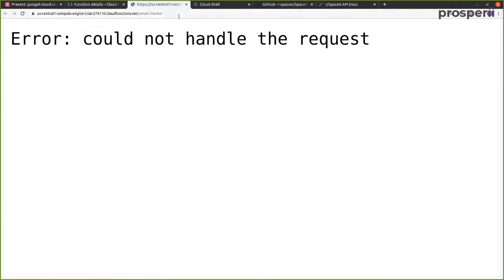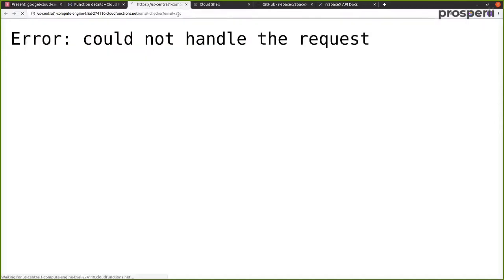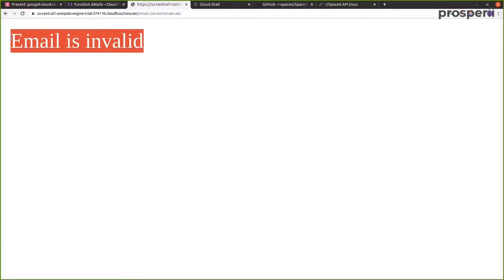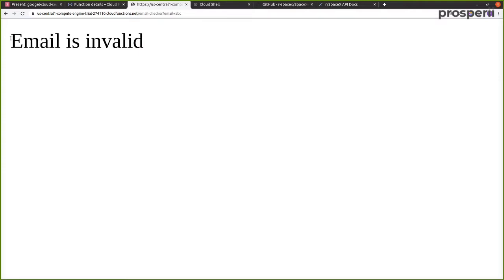If you open this URL in a new tab, then you have to pass in a particular email over here. After this, you put in a question mark and then email equal to, and now we pass in some text. So let's say ABC. With this, let's wait until we get a response from the server. Email equal to ABC is an invalid email, which we built last time. Exactly as we had expected, the response is that the email is invalid. This is something we had built last time.